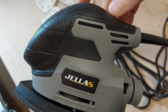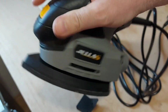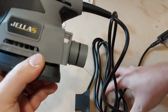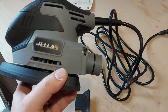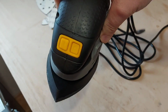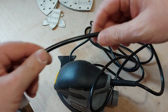So there's not a lot to it. Nice big, quite comfy, ergonomically designed grip. I quite like that. And then you've got the dust port at the back, and the cable length is actually 3 meters, which is not a bad length really, considering some of the tools I have. The power cords are really short, so you have to plug them into extension leads, whereas 3 meters is not a bad length. And as far as the cable goes, it doesn't feel